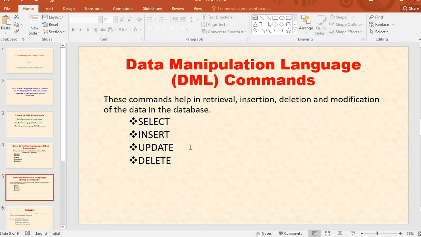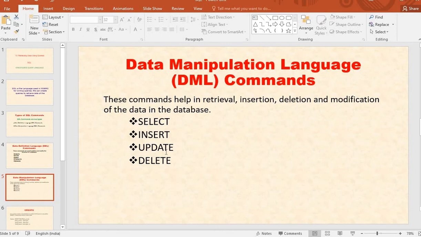Here 4 commands are there. First one is select command. If you want to display or retrieve data in database, you may use this select command. And the second one is insert. If you want to insert data or new records into database, then you may use this insert command.